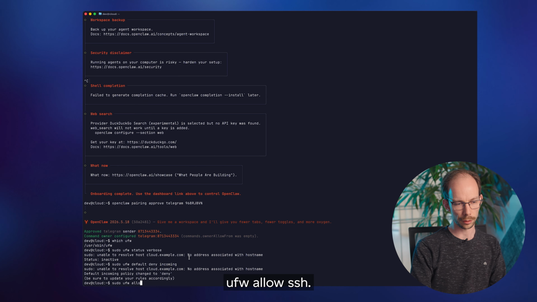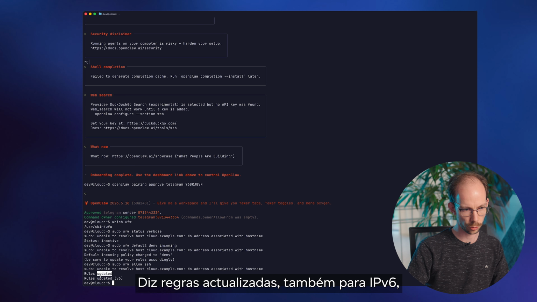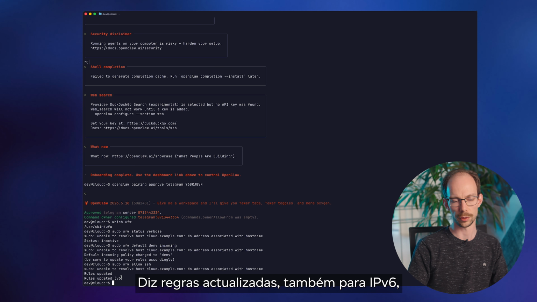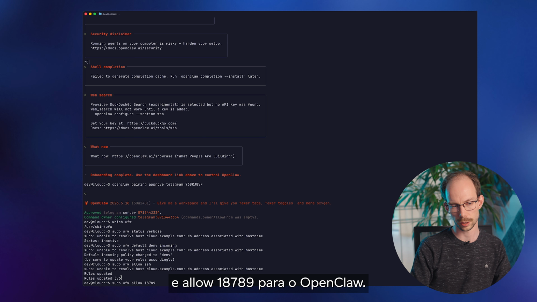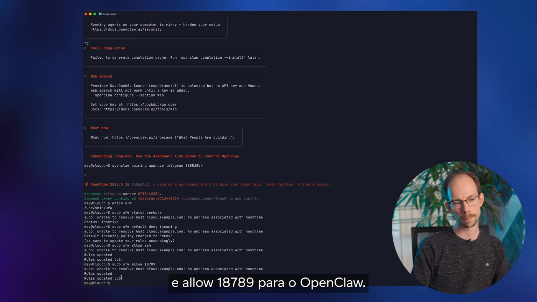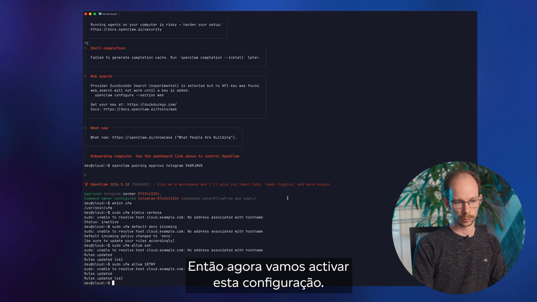ufw allow SSH. Right, it says rules updated, also for IPv6. And allow 187.89 for OpenClaw. So now we're going to